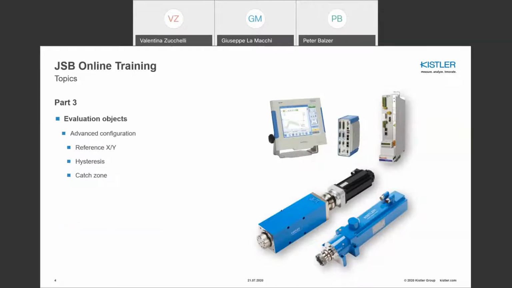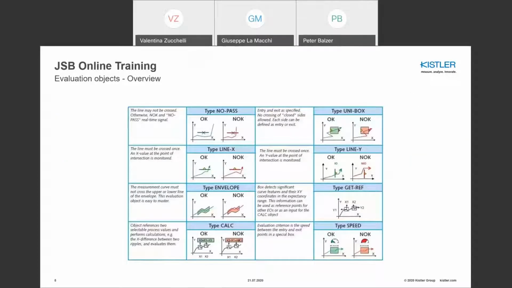Afterwards, I also would like to show you our advanced configuration. For example, how you can set up an evaluation object, for example, in UNI-BOX, just to have it like a dynamic window. Also, I would like to show you the hysteresis function and also the meaning of the catch zone. So before we start our live session, I would like to give you a short overview about the general types